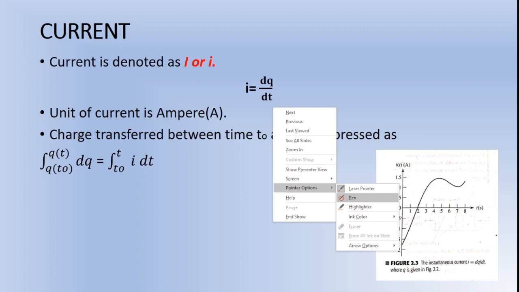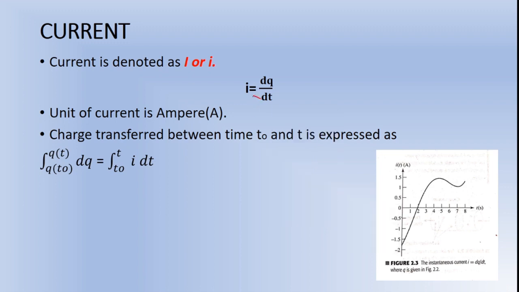So if I bring this dt to the left hand side, we can write dq is equal to i into dt. That is what we've written here. dq is equal to i into dt. And we are varying from what time to what time? So dq means it is charge at the time t naught to charge at the time t. And what is the time variation? dt means variation in time. So what is the time variation? It is from t naught to time t. Fine. So the charge available at 8 o'clock to the charge available at 9 o'clock. And dt means variation in time. So I just write it as t naught to t.